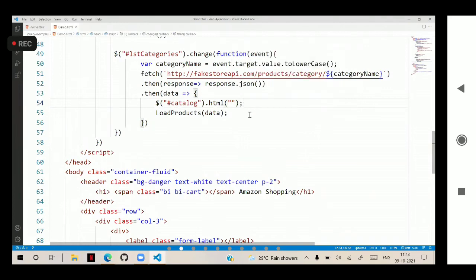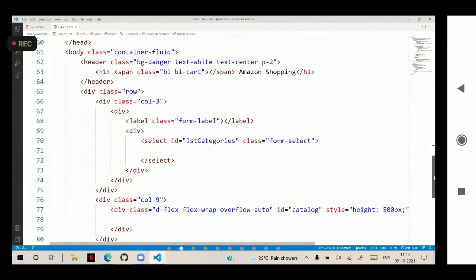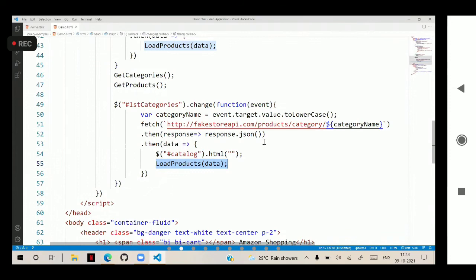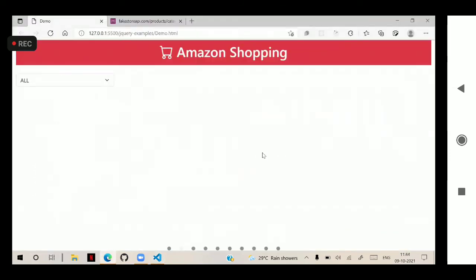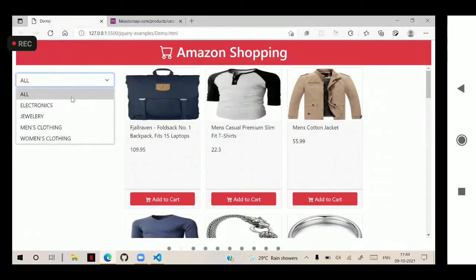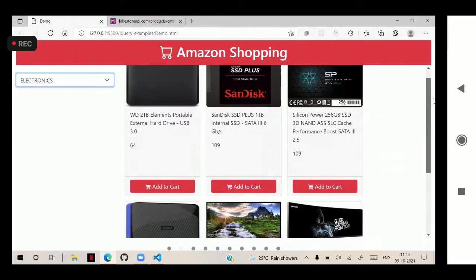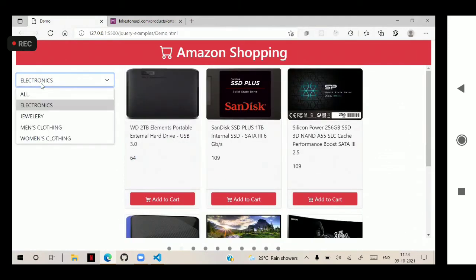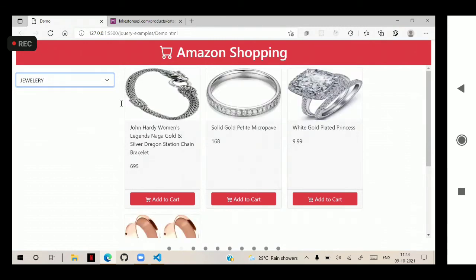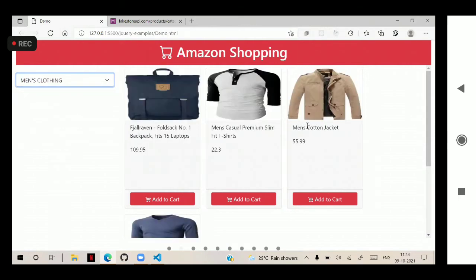That means it will clean up the existing data and load the new data. Catalog means the right side, where we have this information. Now when the user selects electronics, only electronic products will come. When the user selects jewelry, only jewelry products will come. For men's clothing, only men's clothing will come. So it is able to display only what we need.